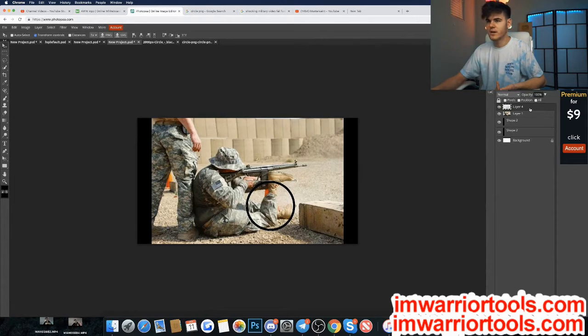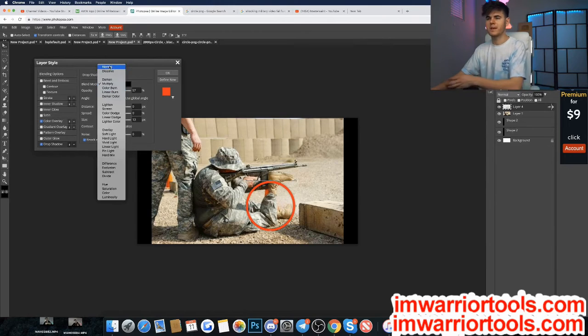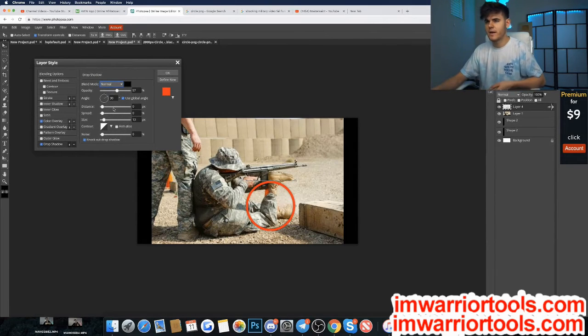Double click on the layer of it, and then go on to color overlay. And now you can see that it's red. And you can't really see it, it's not really that visible. So what you're gonna do is you click drop shadow, and it adds a little shadow. So the distance is how far the shadow is away. I usually keep that right at 0. And then it can either be multiply, it can be normal. For the blend mode, it doesn't really matter. And then for spread, I usually spread it a little bit more like this, so now you can see the